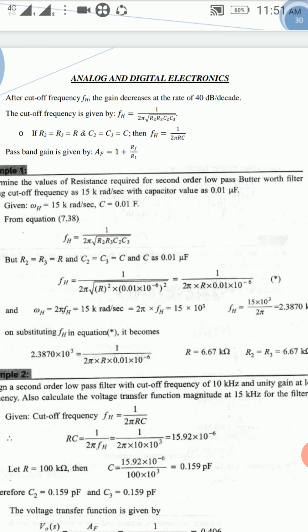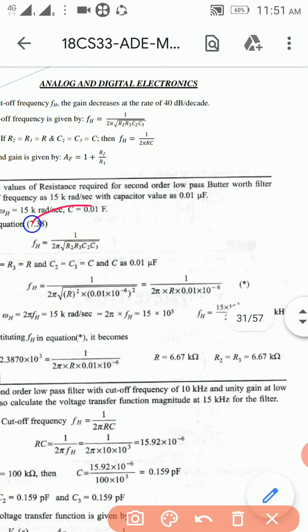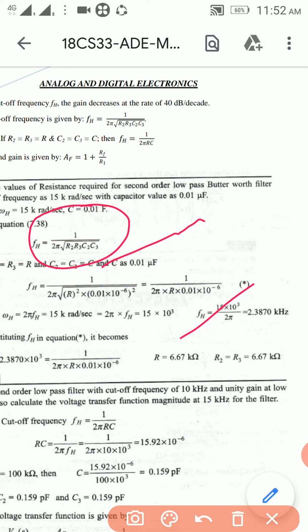So first you should remember these two formulas. This is what exactly, and this condition you should apply, and this value. Okay, so the next problem is,